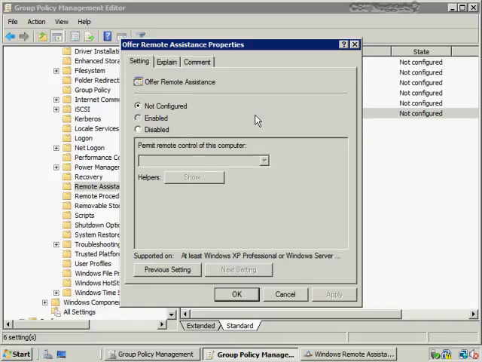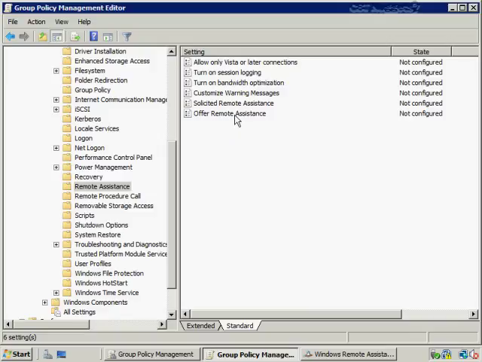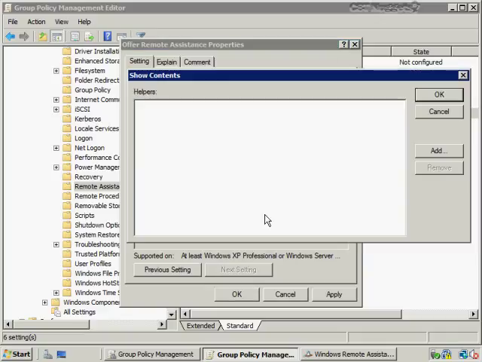And then you can also offer remote assistance. We haven't really talked about that here quite yet, but what this is, if I enable this, it allows me to send out an invitation to the user regardless of whether or not they have asked for any help. Actually, let me go back into that. So if I enable that, it allows me again to remotely control or only view, but here if I click Show, then this